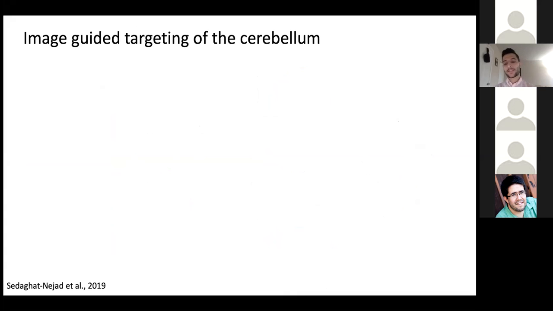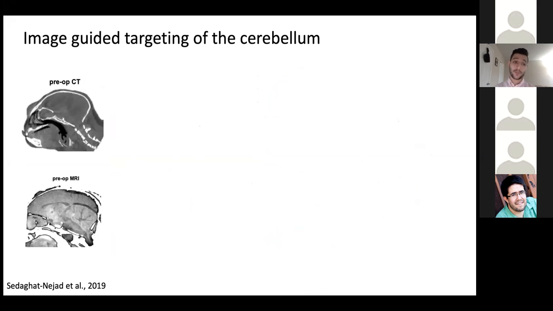So now how do we get to the cerebellum? We have animals that are doing a task, making saccades and licking, and now we want to record from the cerebellum. So this is how we go about it. We use imaging to guide the design of our alignment apparatus that essentially gets us to regions that we're interested in the cerebellum, okay? So we begin with a subject-specific pre-op